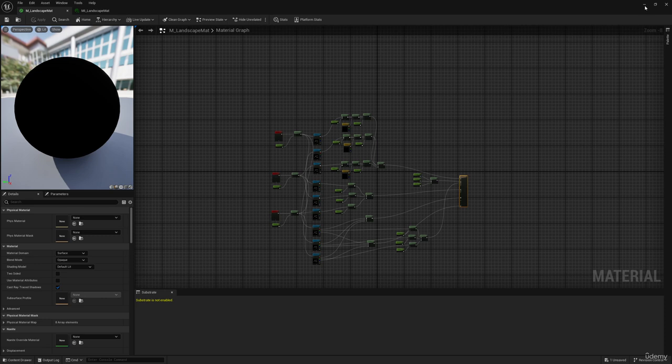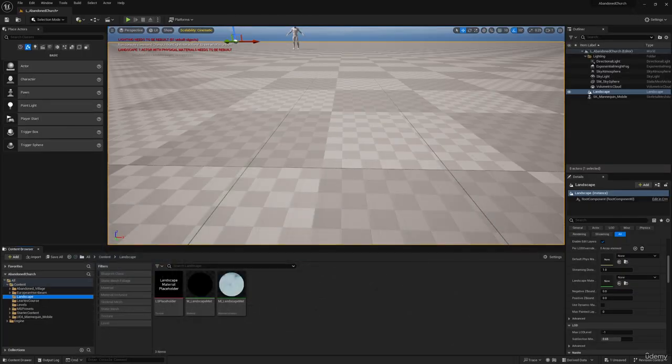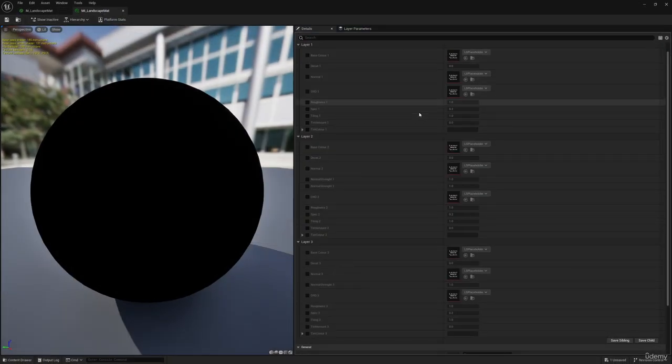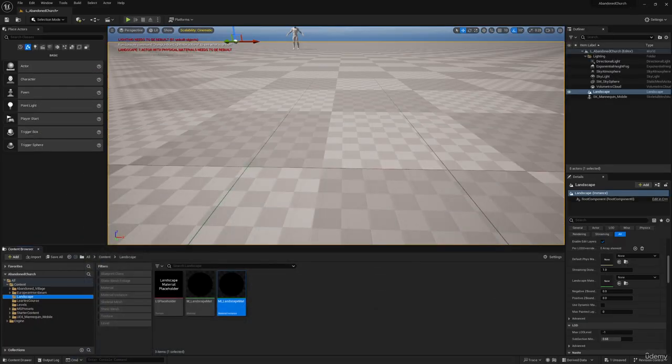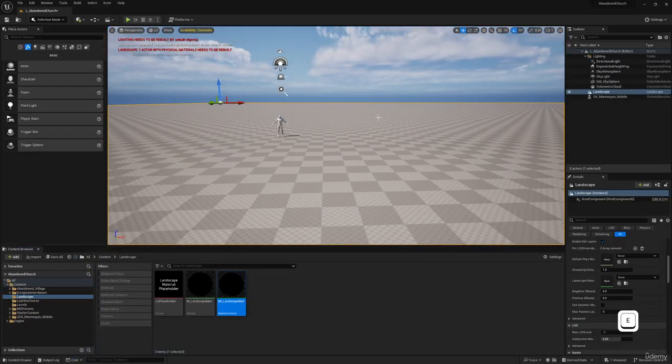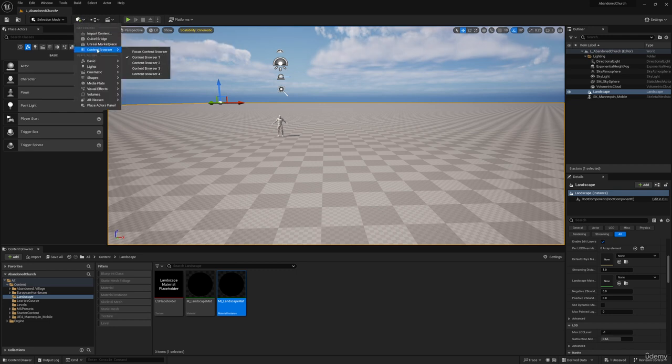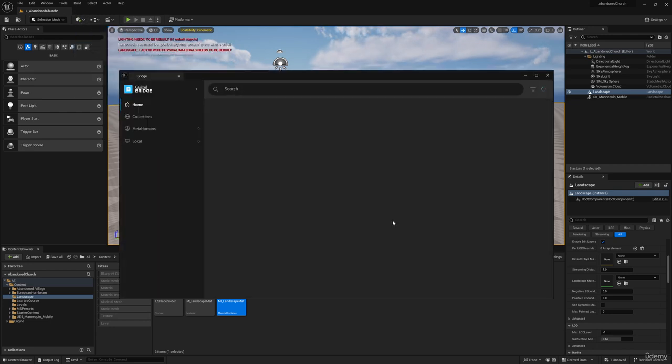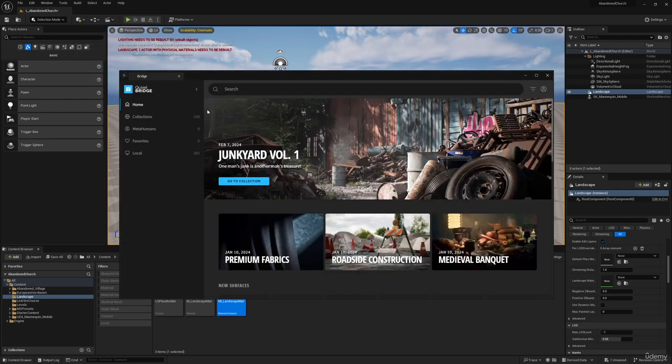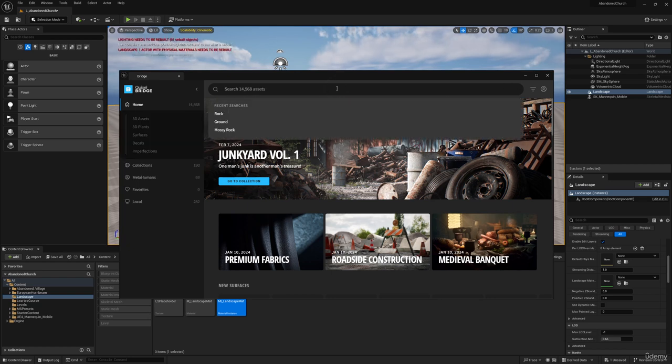But we have the last step, which is to add some textures to our material instance. So before we do that, we need some textures. So go onto the top toolbar over here, click on this little box and plus icon over there, and click on Quixel Bridge. Now here we want to search for a mossy rock,